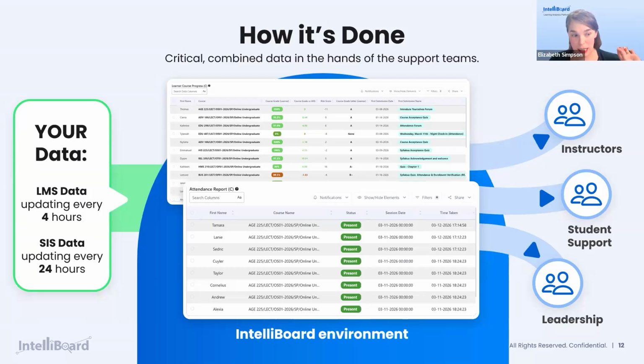But sometimes it's helpful, so in IntelliBoard we can accommodate additional sources of data, either by a spreadsheet for a one-time upload, or something specific, short-term, or after the fact, right? A lot of times that's done for accreditation questions or where we're looking at historical data rather than right now.